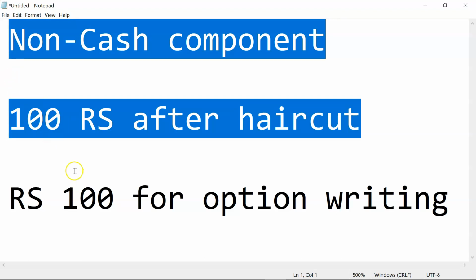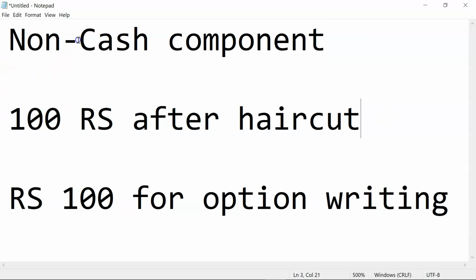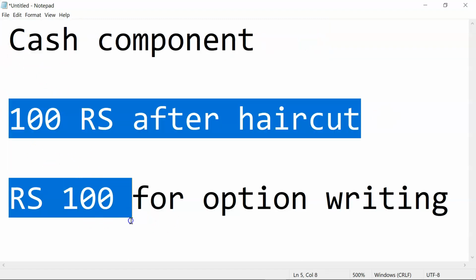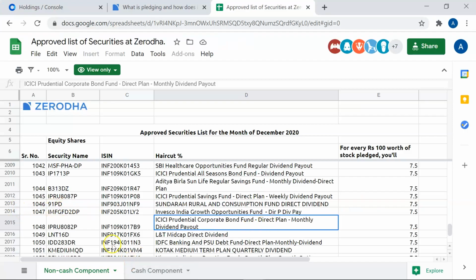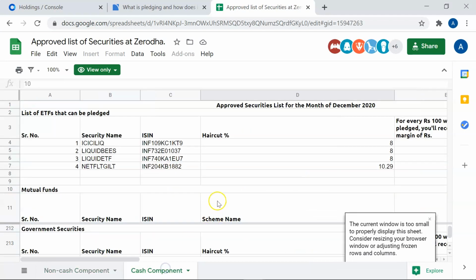Only 50% of that you can use from this. Whereas if it is a cash component, then this entire 100 rupees you can use. That is the difference. So apart from haircut, there is a 50% limitation on use from the non-cash segment, and in the cash segment there is no such limitation.